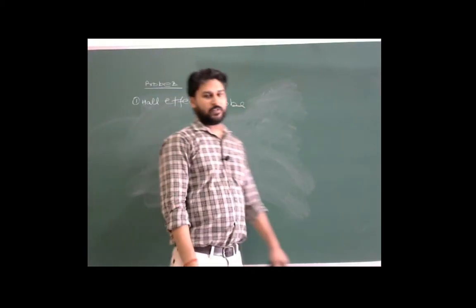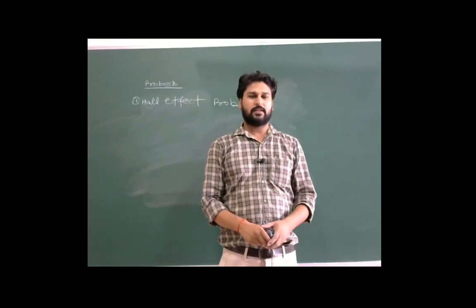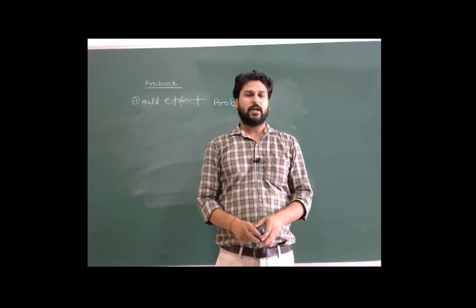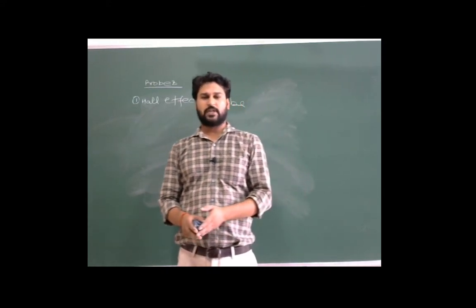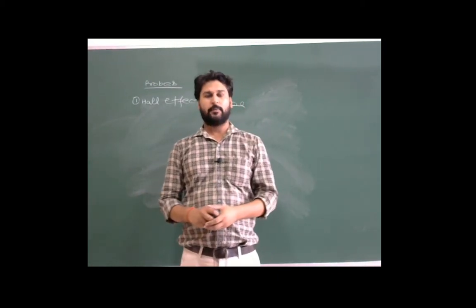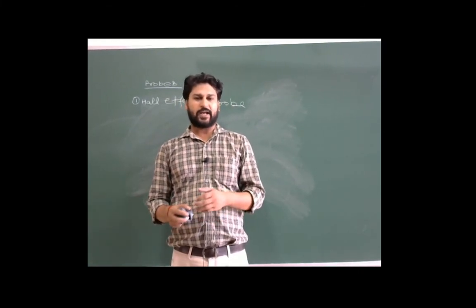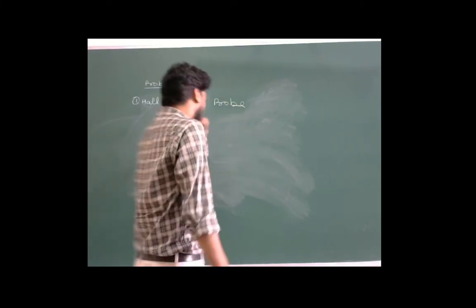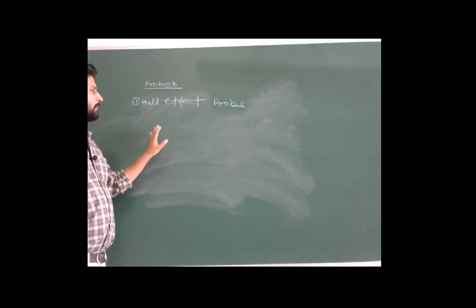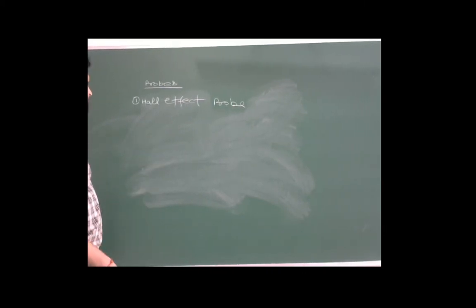The working of the Hall effect probe is based on the principle that when a current carrying conductor is placed in a magnetic field, a small voltage is induced at the terminals of the current carrying conductor. So in this probe, we will put the current carrying conductor in a magnetic field, and the voltage developed at the terminals of the current carrying conductor is applied through the voltmeter circuit.